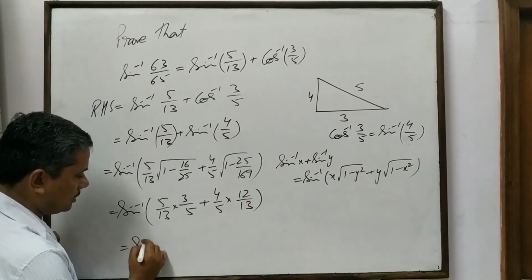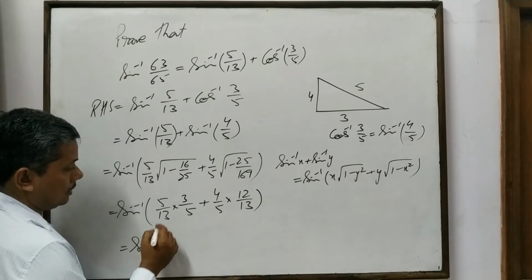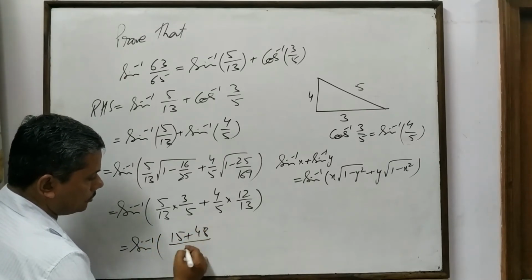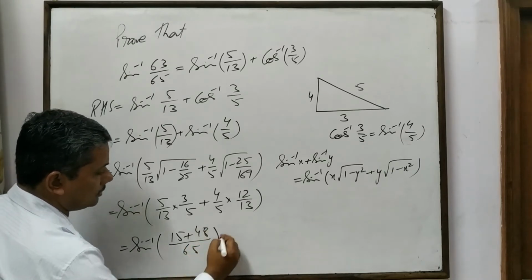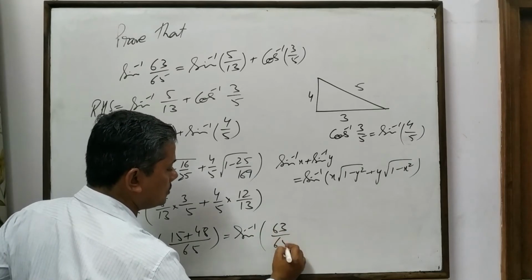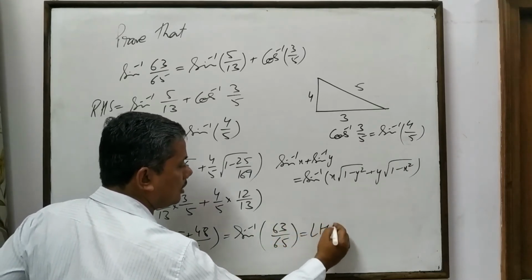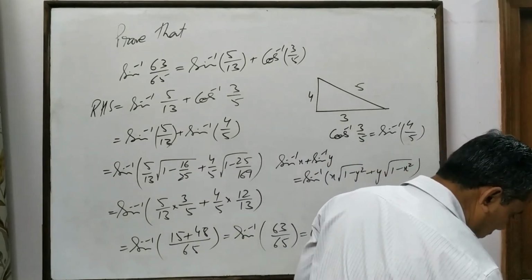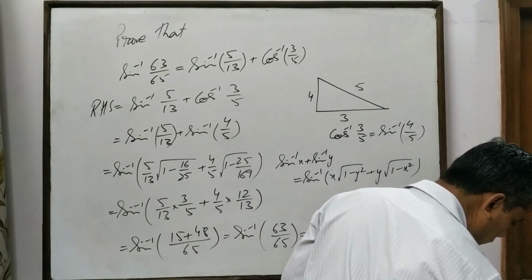This is sin inverse 15 plus 48 upon 3 5s are 65. So it is sin inverse 63/65, which is your left hand side. Is that okay? Now another question that says